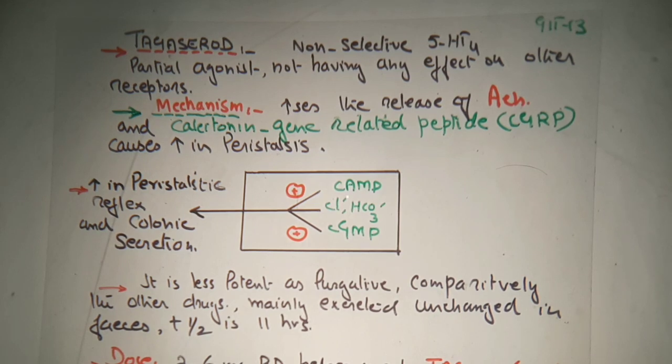Now what is the mechanism of action? They increase the cyclic AMP, chloride, bicarbonate ion, and cyclic GMP. The positive sign means that these increase the peristaltic reflex and colonic secretions. Peristaltic reflex and colonic secretion means they increase the movement of the gut and the secretion of the colon, right? That is cyclic AMP, chloride, bicarbonate ions, and cyclic GMP, that is guanosine monophosphate and adenosine monophosphate, in the cyclic form, chloride ions and